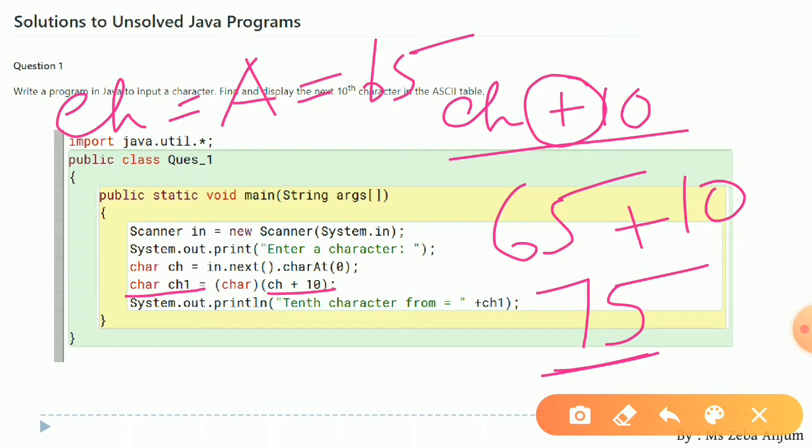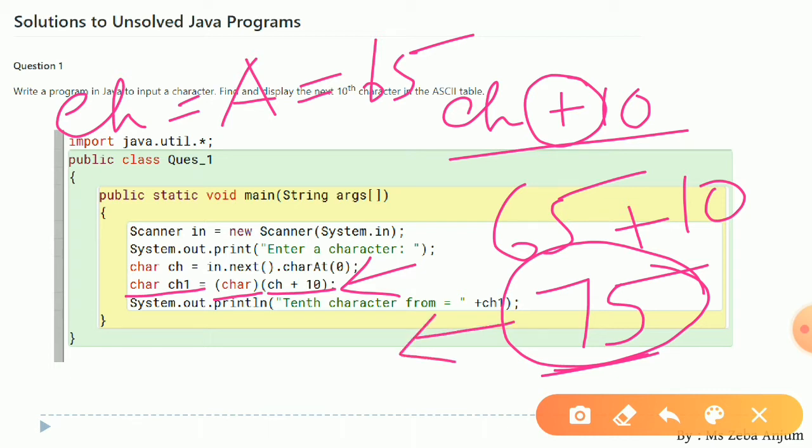Now see, we are having this char also. If you remember the type conversion, where we have studied explicit type conversion? So this is a kind of explicit type conversion. Now this numerical quantity is again going to be converted into a character. In the ASCII table, you just search the appropriate character of this 75.